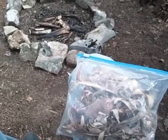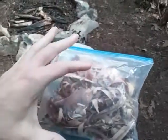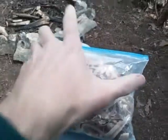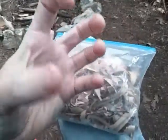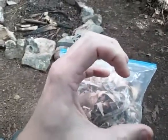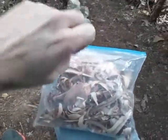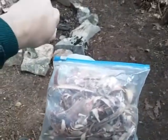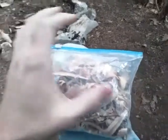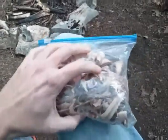Number 14, a means to make fire. So what you're going to do is fill this up about halfway with water, and then you're going to twist and create a bubble or a circle, and that sphere of water you're going to take and put it out in the sun, and take your hand and put it off to the side so it's offset, and get it so that the sun's rays are coming through this small sphere of